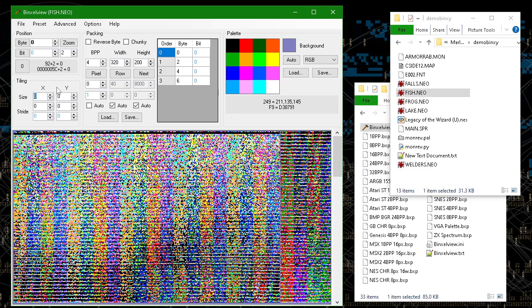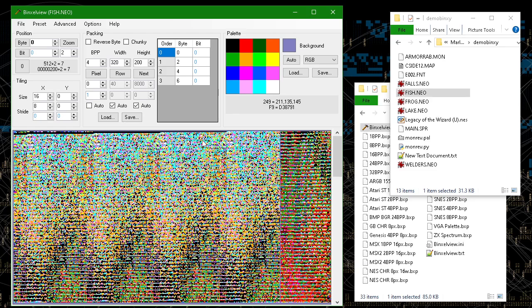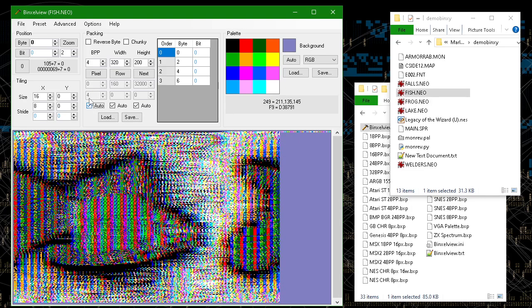So the blocks of 16 pixels are actually 8 bytes apart. And that's what this tiling window is for. This is another feature of the preset. So every 16 pixels, we want to jump 8 bytes rather than the auto, which would just be 2 bytes.